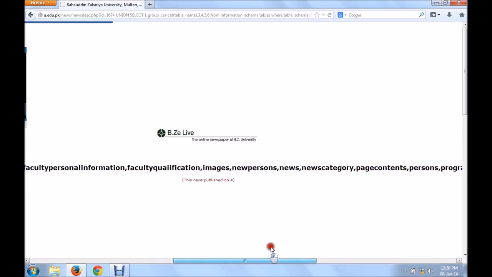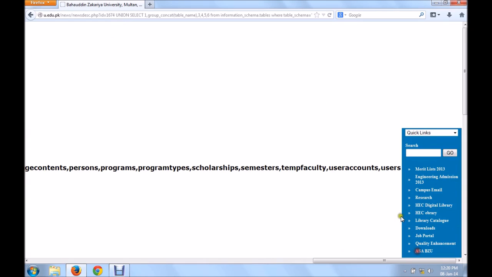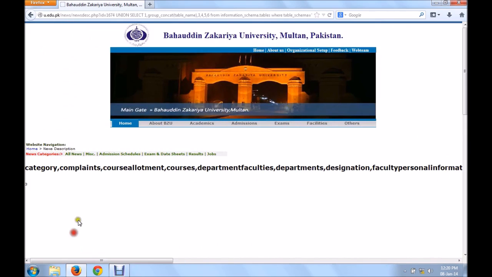These are the tables again which are present in that database. Over here you can see users is a table present in that database. That users table must have some usernames and passwords in it. Now I would like to check which columns are present in that particular table.